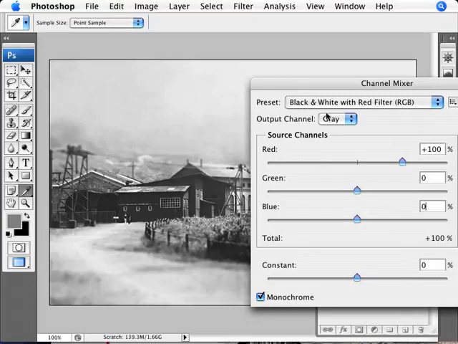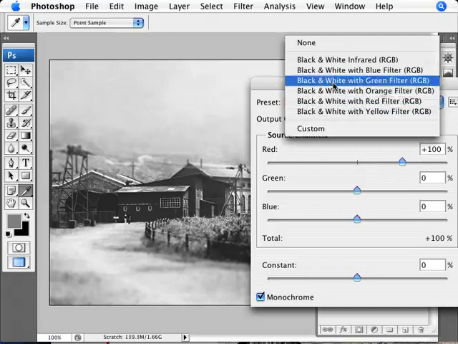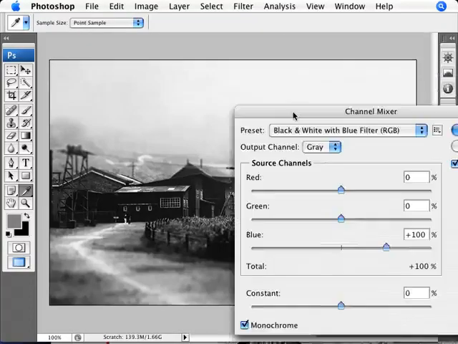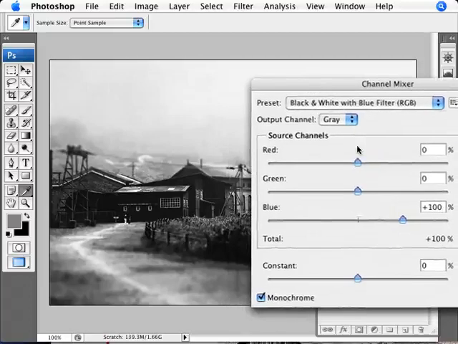You can play with these, but you can also notice what it is that they're doing. For example, with the red filter, it's just 100% red. That's it. It looks a little bit pale. So let's go here with the blue. I kind of like the blue, but I think it's going a little bit too extreme. And let's look at what it's doing. Well, it's adding 100% to the blue. So what we can do